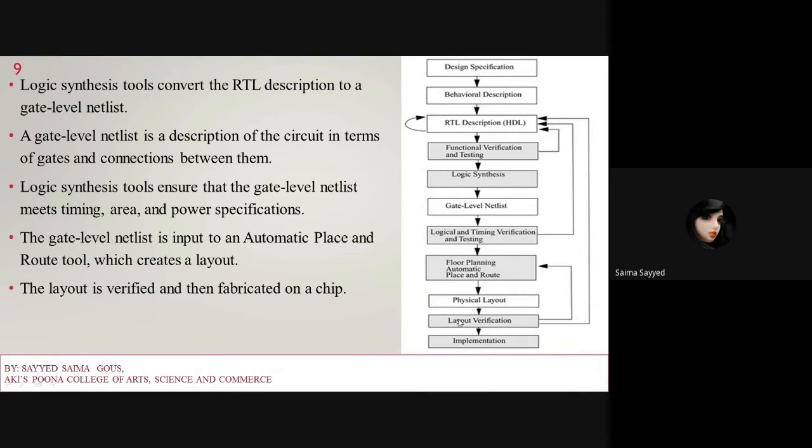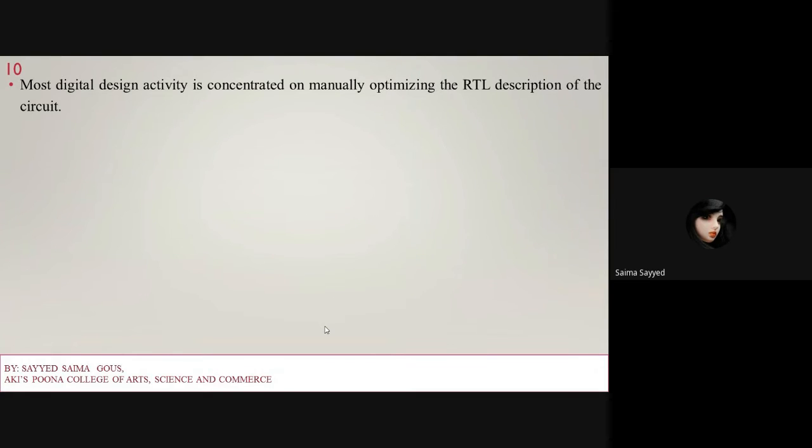is implementation. So here layout verification goes to an automatic tool, which cross checks with this particular block, and then if it is okay, that all the specification, area, timing, and functionality you have provided in this behavioral description or design specification, it cross checks with this RTL description also, and then again this process is done, and then the final implementation of the design gets fabricated on a chip.